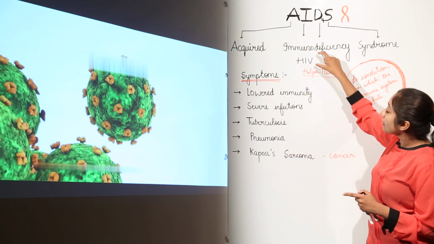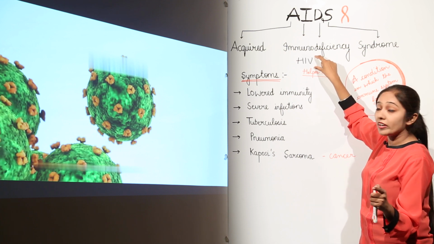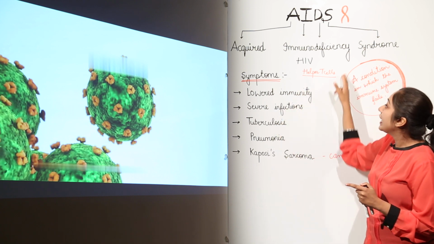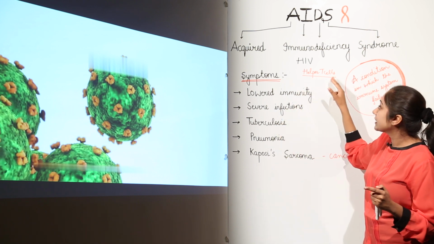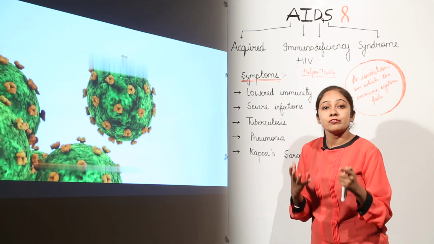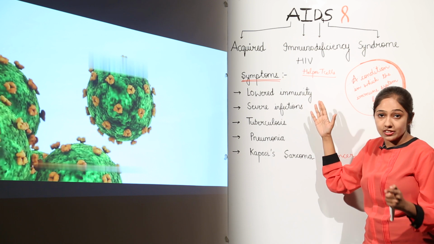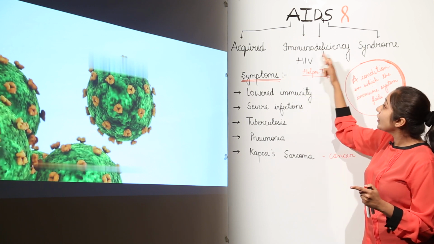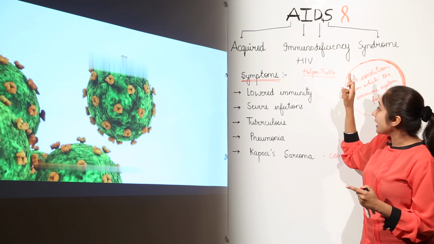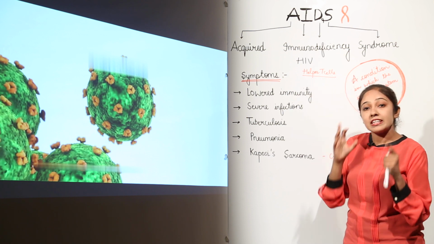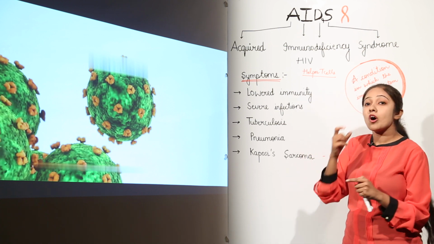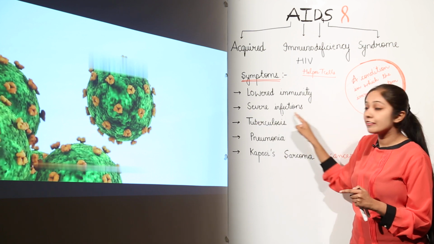So what is the HIV virus going to do in your body? It is going to attack the special immune cells of your body termed helper T cells. These helper T cells are important because they are going to activate lymphocytes which are going to fight the infectious agents in your body. This HIV virus actually attacks these helper T cells. When these helper T cells are attacked, your defense system, your immune system, is going to get weaker. When it gets weaker, normal infections actually become severe infections.